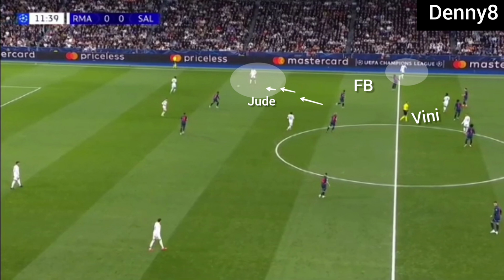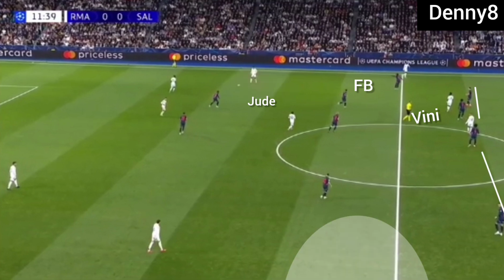Because of the overload on the left hand side, Salzburg's players were drifting wide, so the right wide zone was opening up. So when the right wide zone was opening up, Real Madrid's centre backs were switching the ball from the left to right, and as Salzburg's players drifted wide, the Real Madrid winger was able to receive the ball easily in the wide zone.